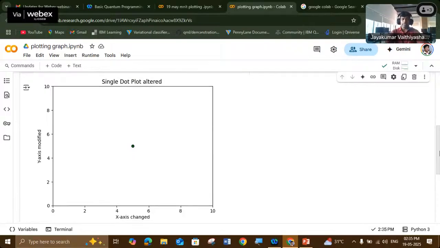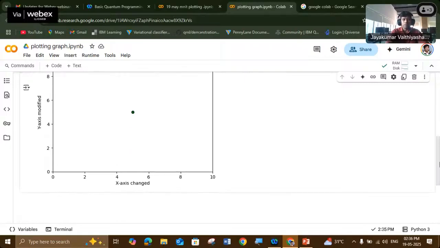So you're able to declare some points, plot, and change all the parameters. All this customization, if you want to do in Excel, is very, very difficult. Whatever Excel offers, some templates you're able to use, but you cannot customize as much as possible. In scientific computation, each and every experiment will be unique. That is why I prefer every one of you to go through Matplotlib